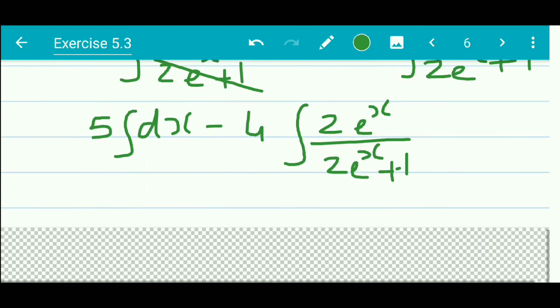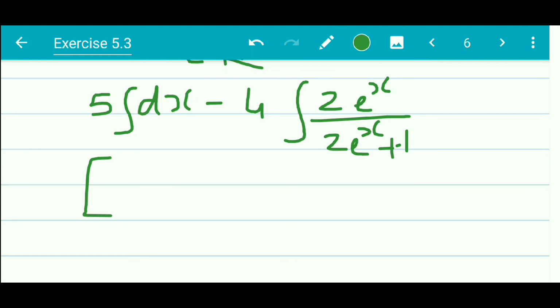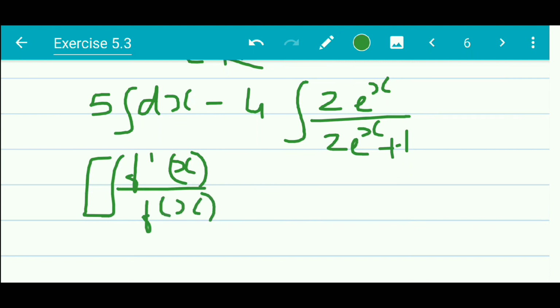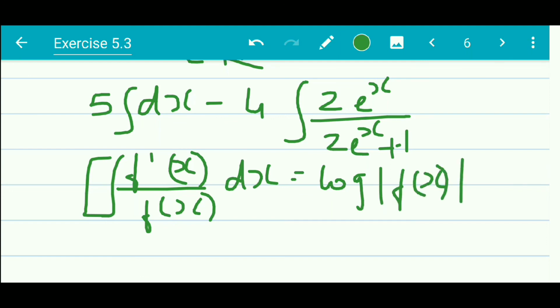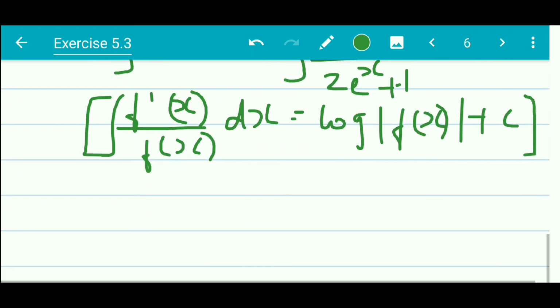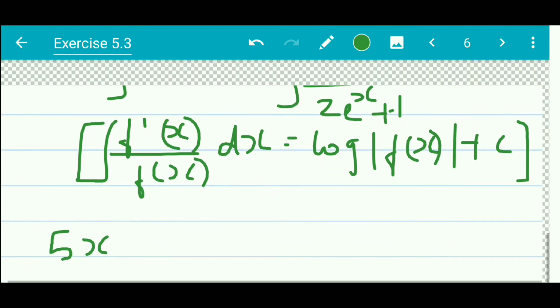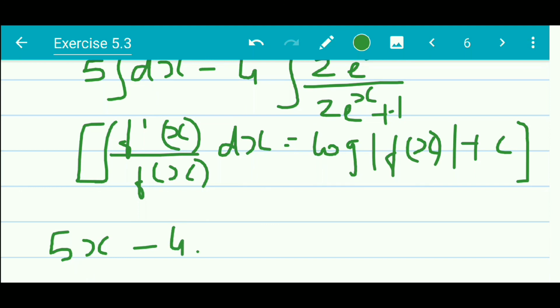Now again I am going to use the same formula. For the second integral, I am going to use the same formula, that is the integral of f dash x upon fx dx is equal to log fx plus c. The same formula I am going to use over here. Instead of substituting, this becomes easier actually. So 5 becomes 5x upon solving, and the other term becomes minus 4 into log of mod of 2 e raised to x